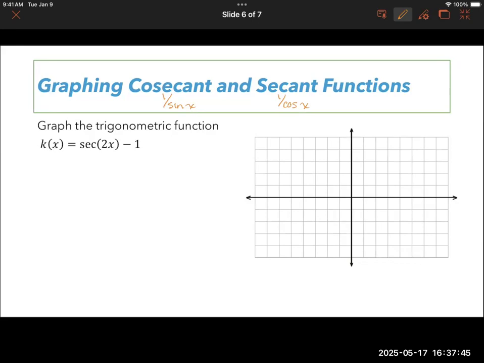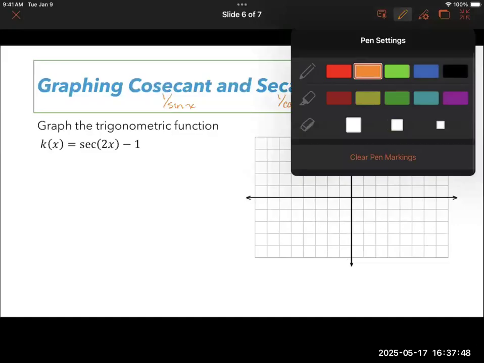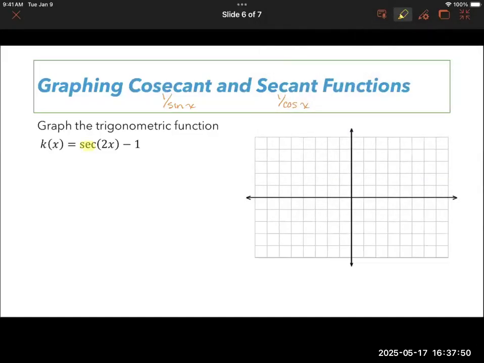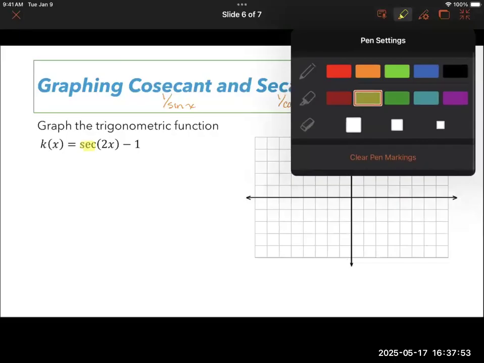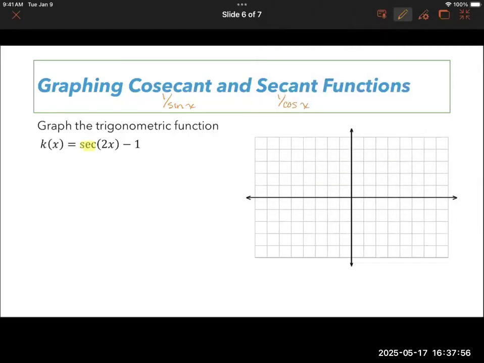So here's what I recommend. We're going to obviously identify what our function is, which is secant this time. But along with that, we're going to identify that that's the same as 1 over cosine. That's the reciprocal function that goes with it. And that means that based on that, we are going to actually graph the points, just the points, for the cosine function using the same a, b,